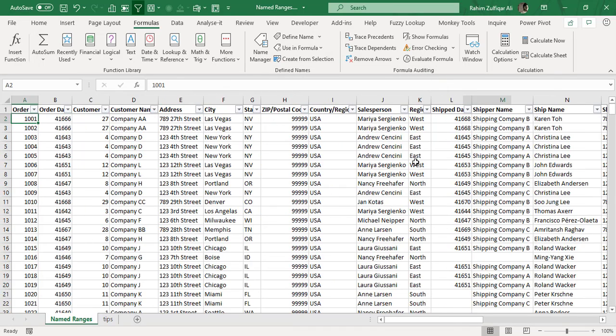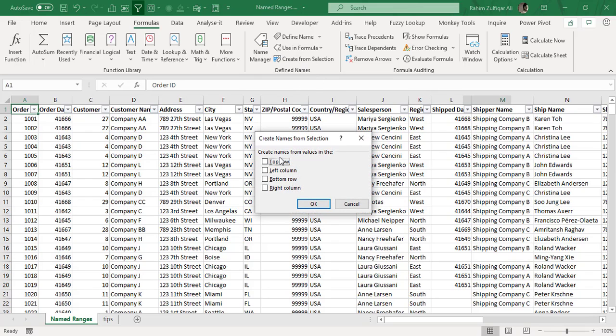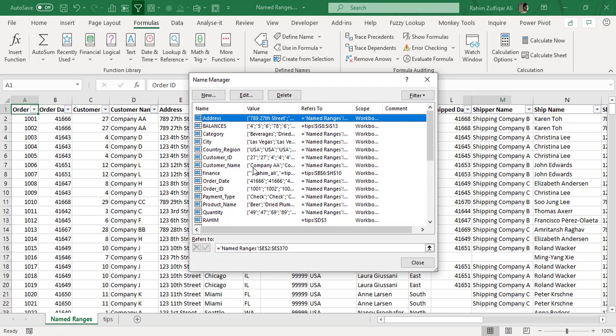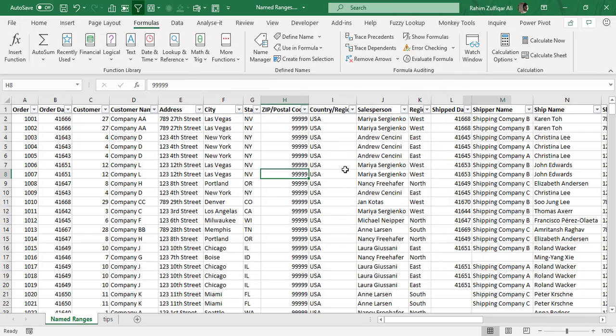So whenever you have this kind of requirement where you have a data source and you want to assign each of the columns a separate name, you can use Create from Selection and the option of top row, where within 1 or 2 seconds, each of the column names will be assigned. And then you can use all these name ranges in your functions like SUMIFS, COUNTIFS, VLOOKUP, SUM, and that could be very easy for you, as you don't need to go to the data source again and again, and that will give you